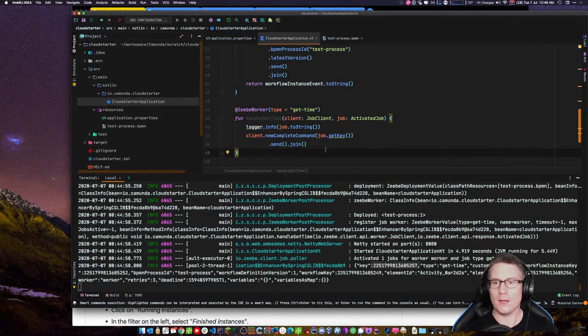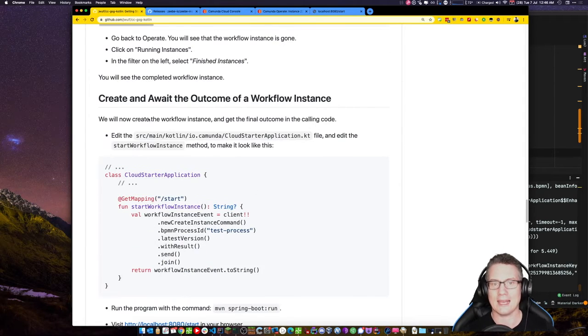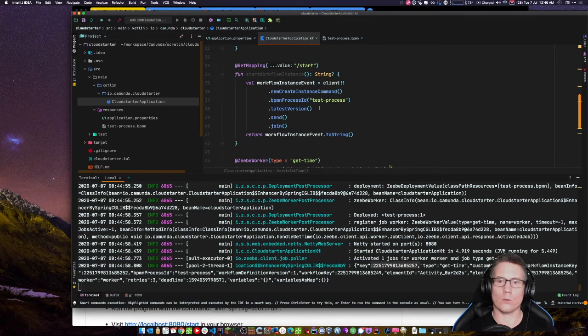Okay, great. So the next thing that we're going to do is create and await the outcome of a workflow instance. So we created a workflow instance earlier, and what we got back was a reference to the workflow instance, but we didn't get the result of the workflow instance. Getting the result, you could do it through the exporter, or you could put some kind of task at the end of your workflow. But the other way you can do it is you can tell